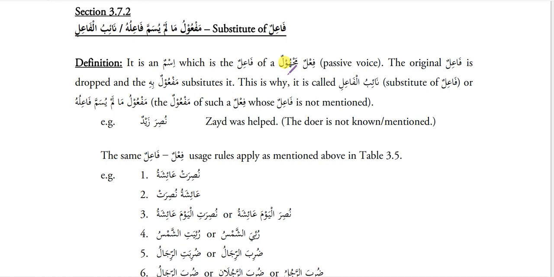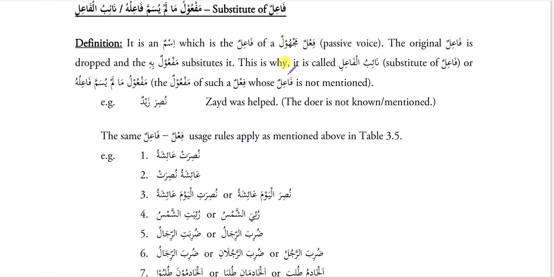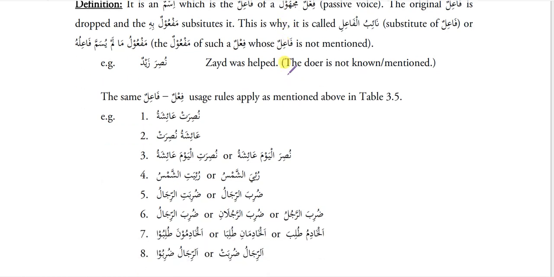Then we have section 3.7.2. Fa'il, substitute of fa'il, which is known as na'ib fa'il, or maf'ul lam yusamma fa'iluhu. So na'ib fa'il is actually a maf'ul, which has been named after fa'il. Definition: it is an ism which is the fa'il of fi'l majhul. The original fa'il is dropped and the maf'ul bihi substitutes it. This is why it is called na'ib fa'il, substitute of fa'il, or maf'ul lam yusamma fa'iluhu, such a maf'ul whose fa'il